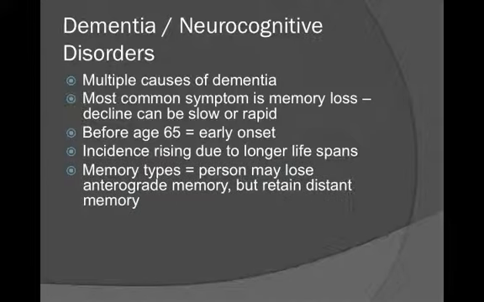The type of memory that a person loses can differ, and there is what we call anterograde memory, which many people often think about as short-term memory, but it's basically the memory we create so that we can function in day-to-day life. And those same people may actually have that function, but lose their distant memory, or vice versa. The person who has a good anterograde memory but doesn't have good distant memory can be more difficult to see the signs of dementia in than the individual who may retain good distant memory but has difficulty remembering where they put the salt 5 minutes ago. And that's where we start to really be aware of the individual with dementia in most cases.